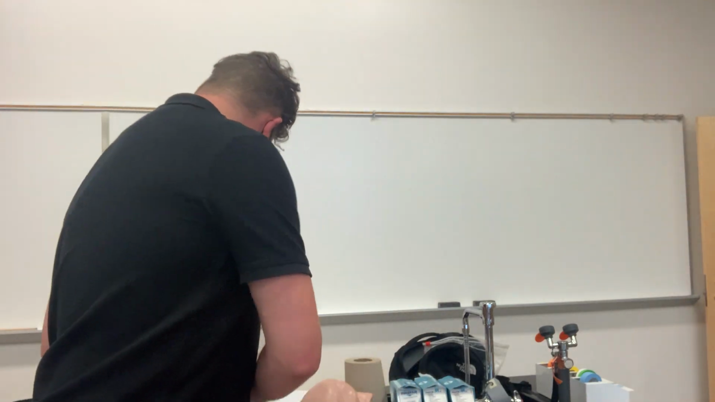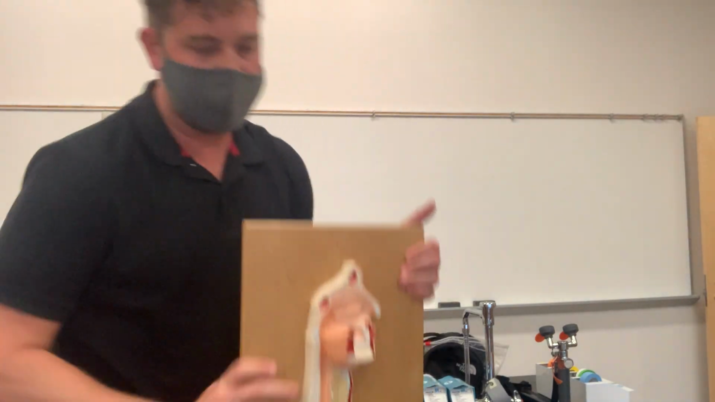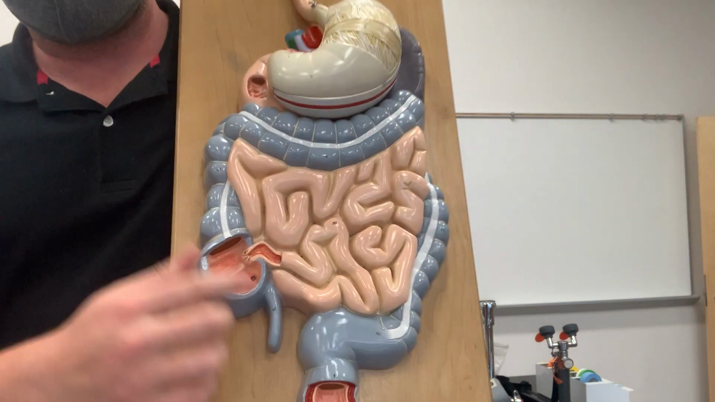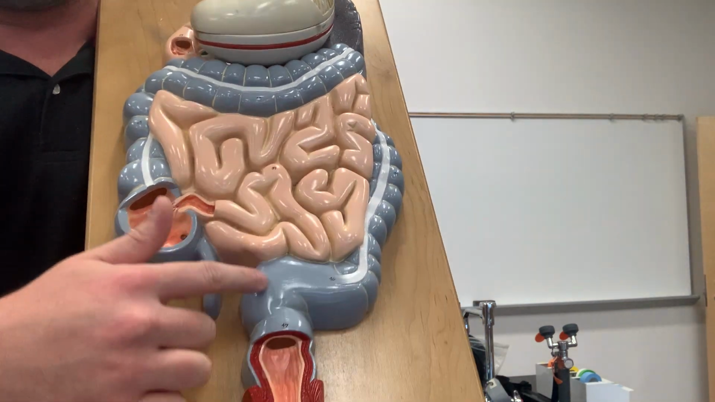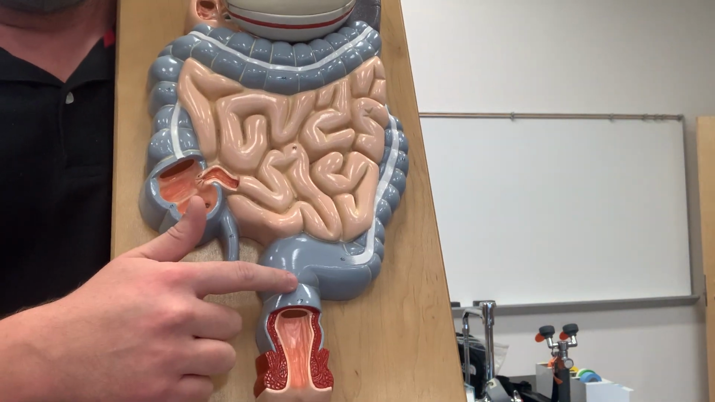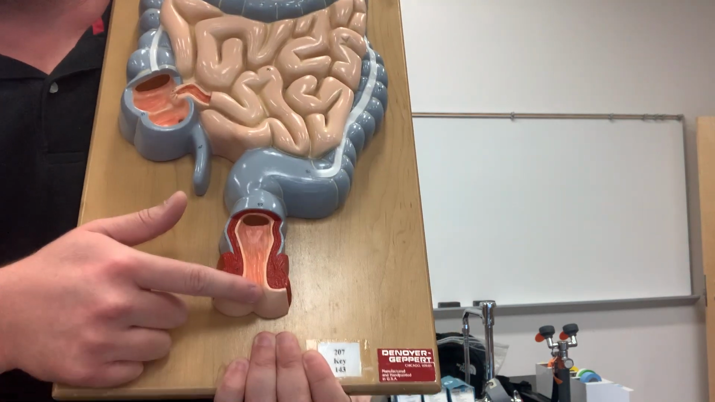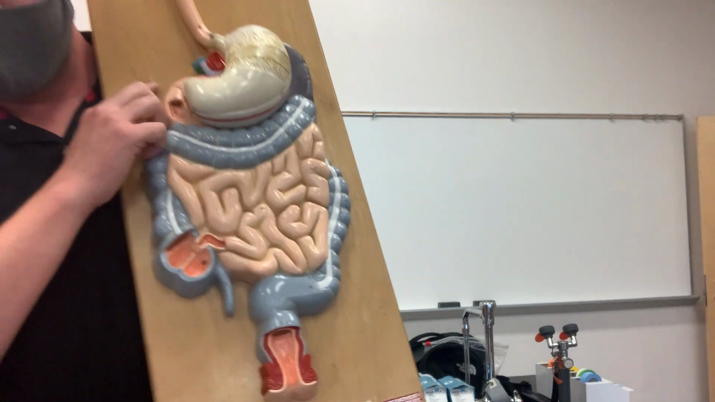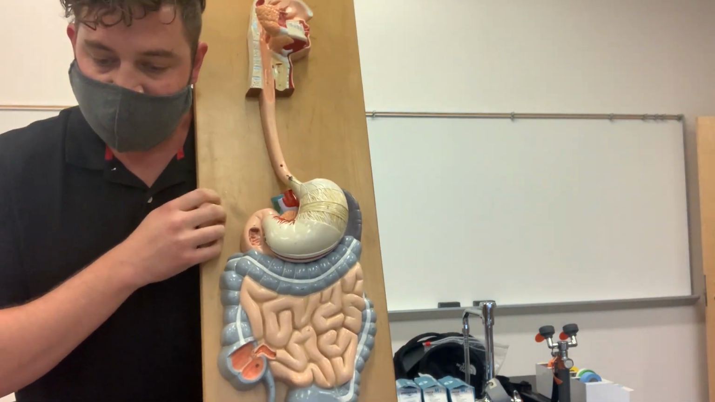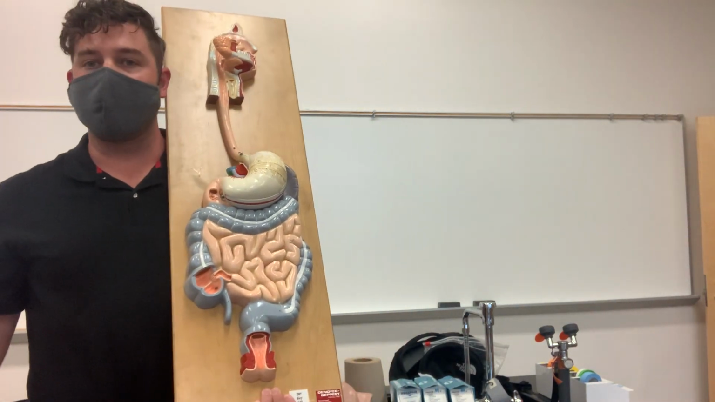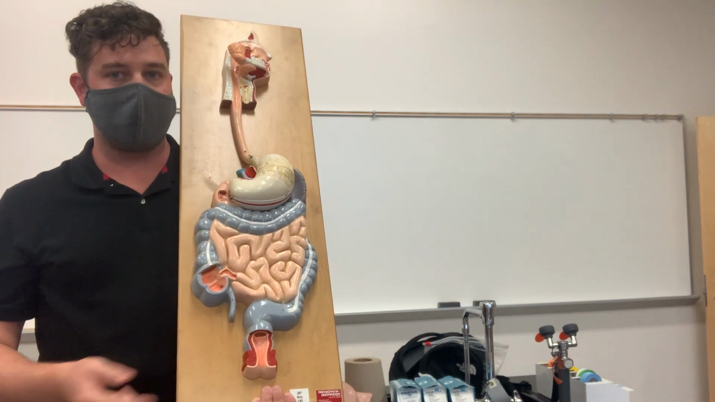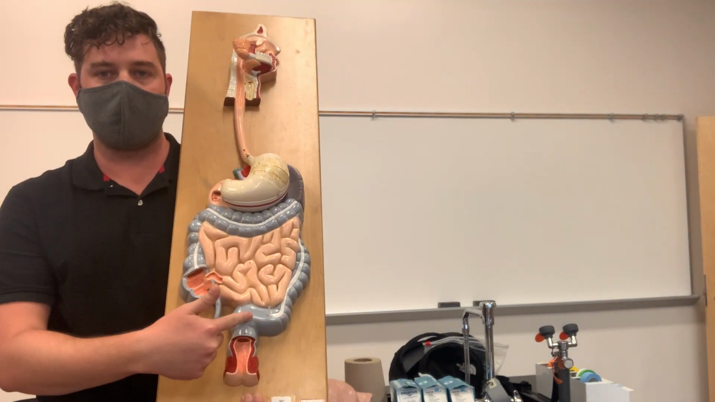From your sigmoid colon, you start to go into your rectum, and then you have your anal canal and your anus. The most common sites for colon cancer, just because feces sits there the longest, are the descending colon, sigmoid colon, and